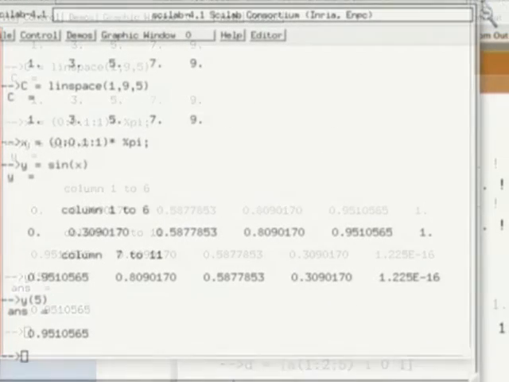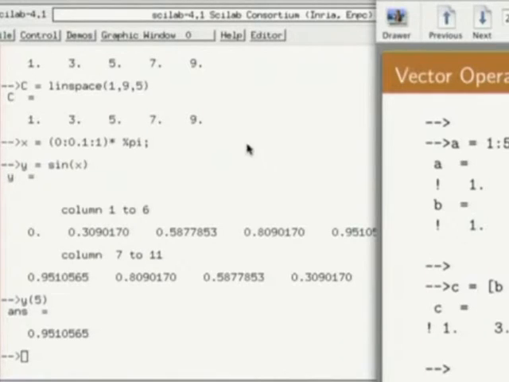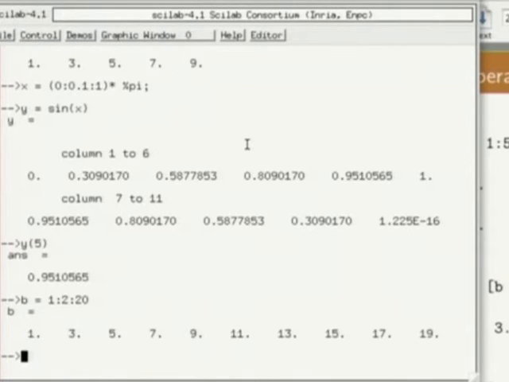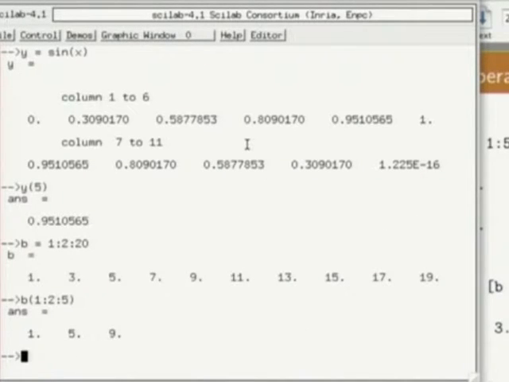Let's say B equals 1 in increments of 2 up to, say, 20. So I've got that. Now if I say B of 1 increments of 2 up to 5, it is going to give me B of 1, B of 3, B of 5.